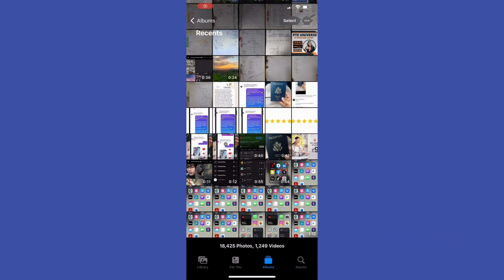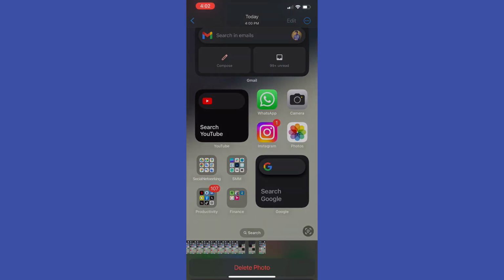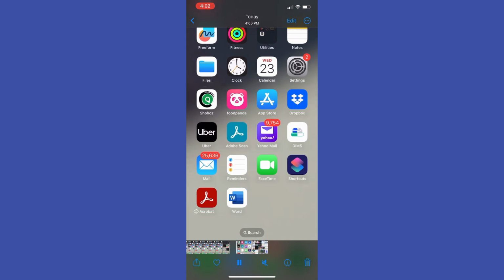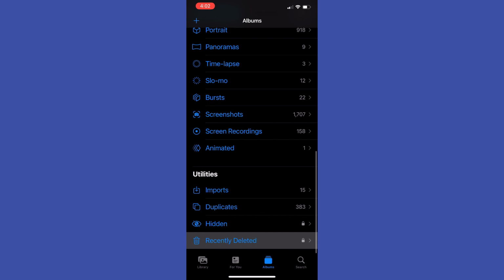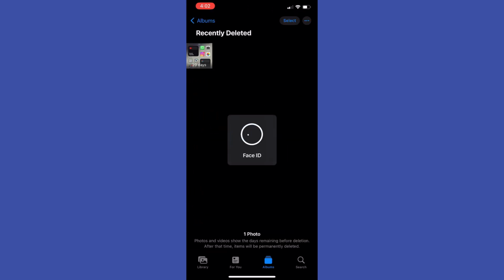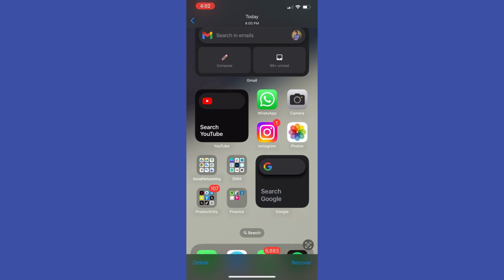Open our Photos app and then let me just delete some photos. And as you can see, the photo has been deleted and removed. The key here is that once you have deleted a photo, it is not actually deleted permanently, but moved to the Recently Deleted album. To find the album,